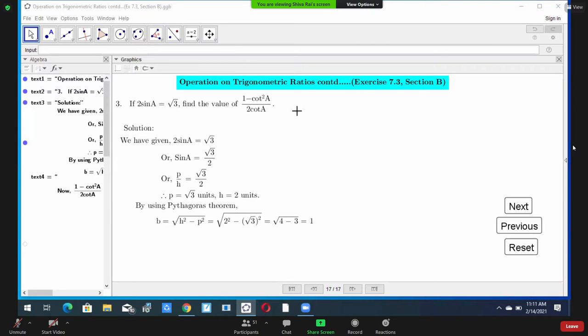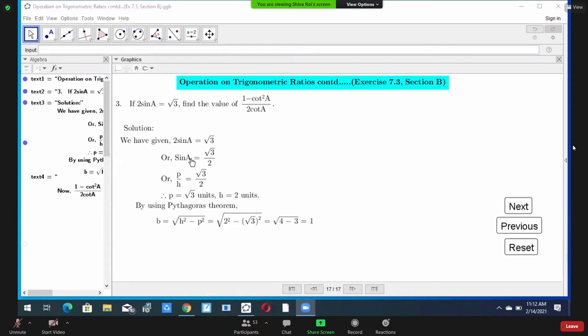So sine A equal to root 3, you divide by 2, the coefficient of sine A. This is the method you already know while simplifying, you have learned it in algebra. Sine A means sine theta. In place of theta, here is A. Here the angle of reference is A.